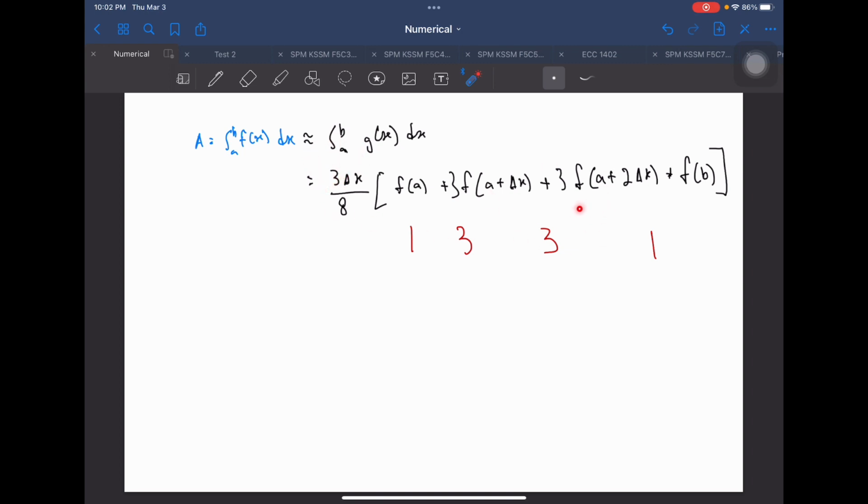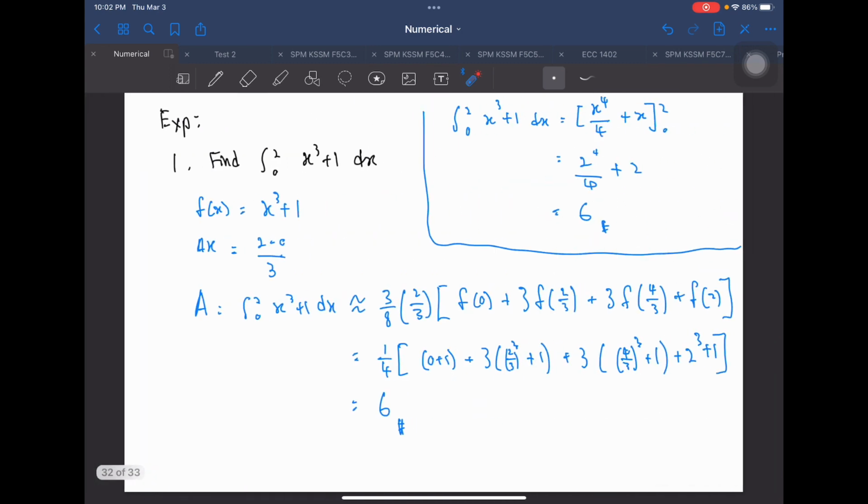Why do we do so? It is when this function is hard to integrate. Okay, so let's move on to one example. If you are given this function and you are asked to find the area under the curve using Simpson's 3-8 rule, first thing, you determine the f(x). f(x) is this, and then you have to find delta x. Delta x is (b minus a) divided by n. Since today we are not doing a composite one, let's just assume it as 3. Okay, so now you just plug in the formula,